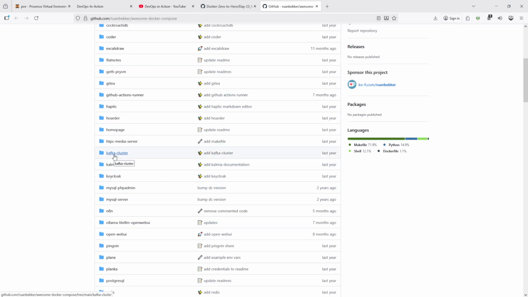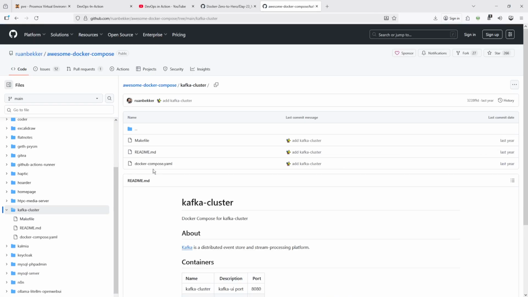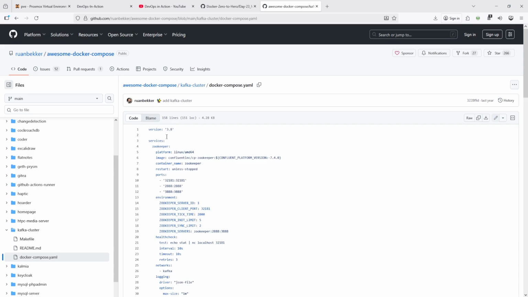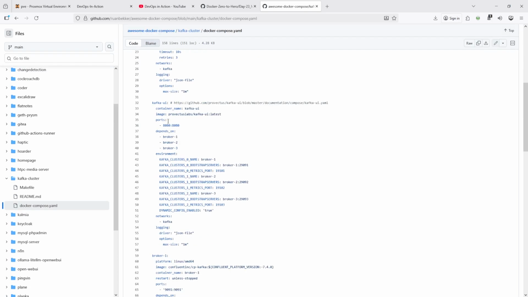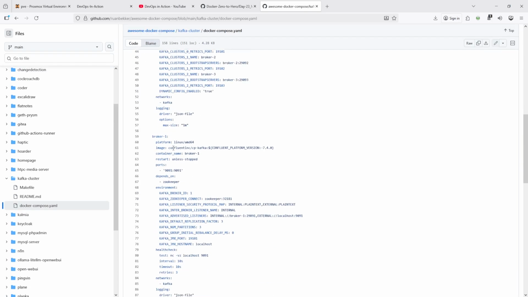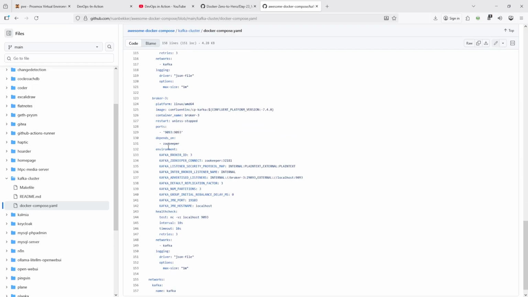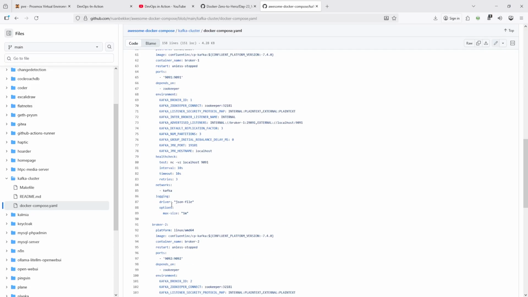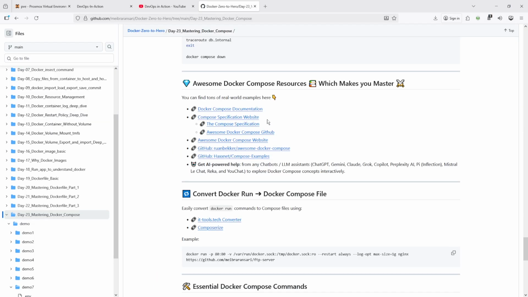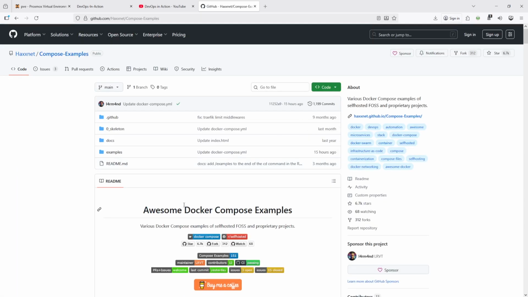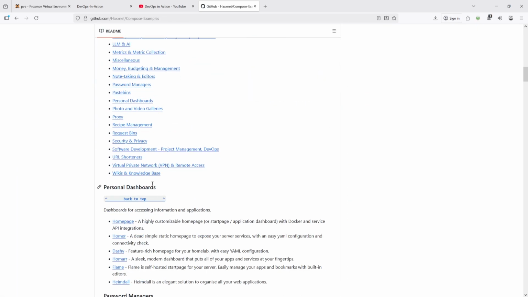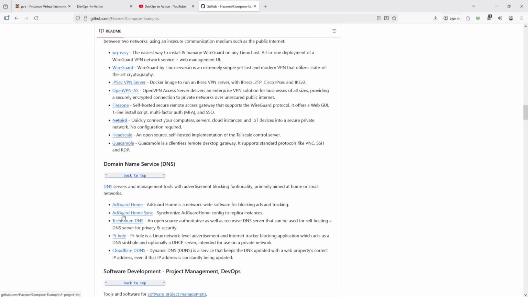Let's say you want to run a Kafka cluster. So Kafka cluster, how can you run it? This is the simple thing, Zookeeper and Kafka UI. Broker, they added broker 1, broker 2, and broker 3. So very good things available here. Similar one is the HexNet. In HexNet you can find the same thing. There are a lot of services, one by one here you can find